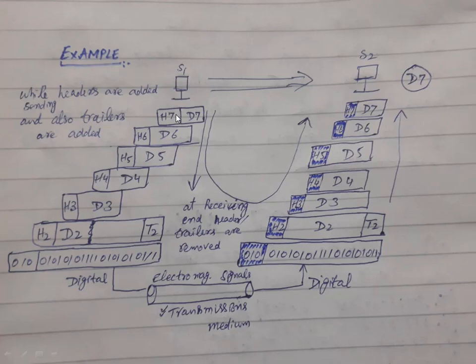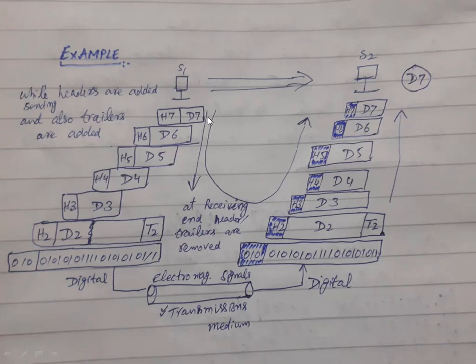Here this is application layer, and next one is presentation layer, session layer, transport layer, network layer, data link layer and physical layer. And this is the flow of data